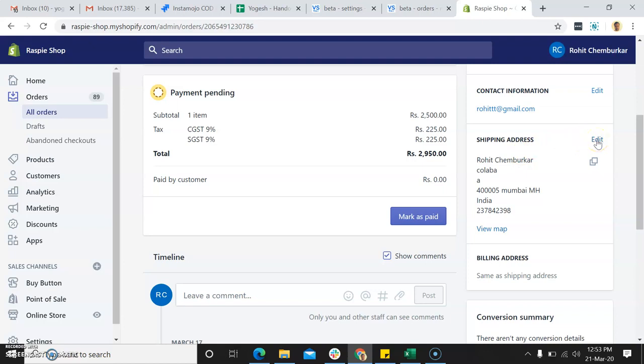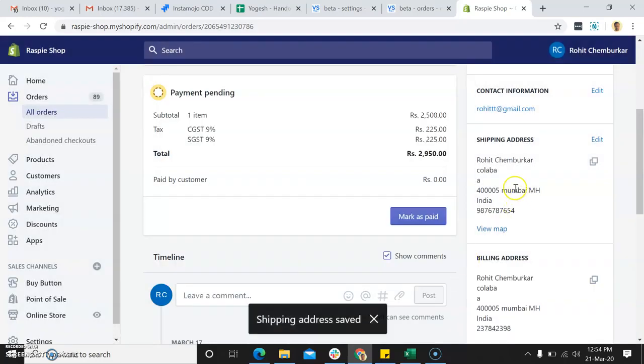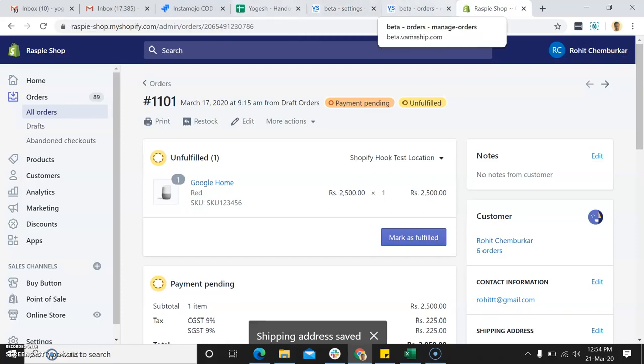We need to edit the contact information, the phone number. Okay, I have saved the phone number here in my Shopify order section.